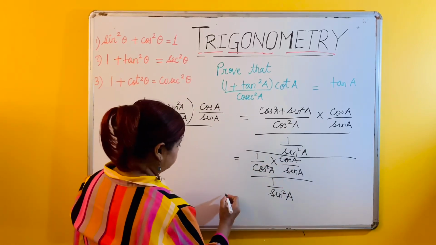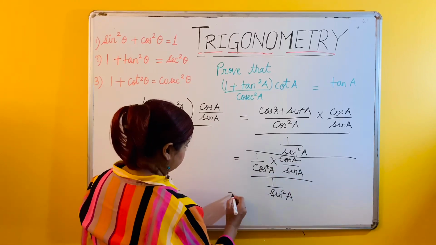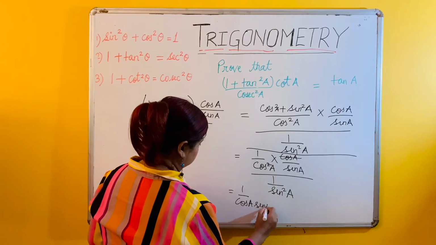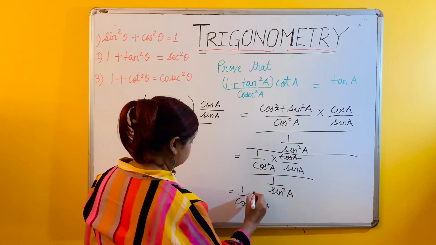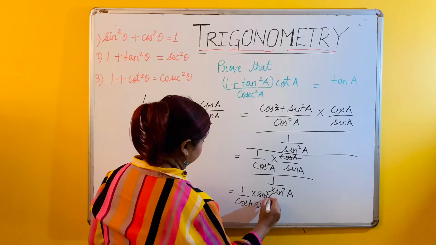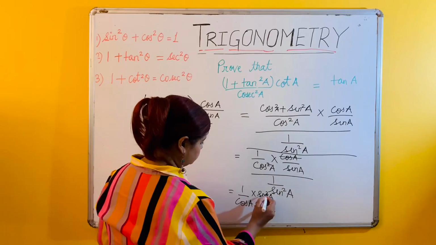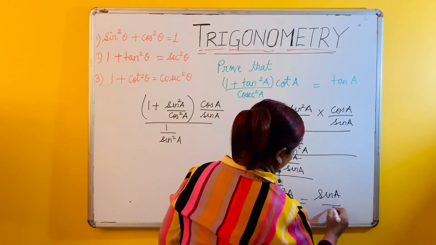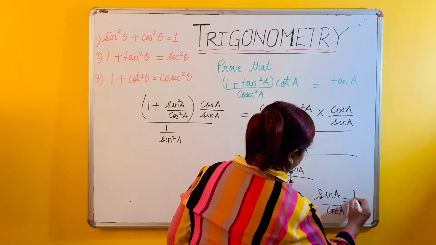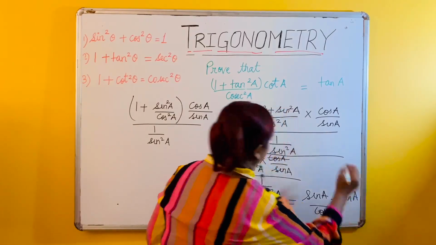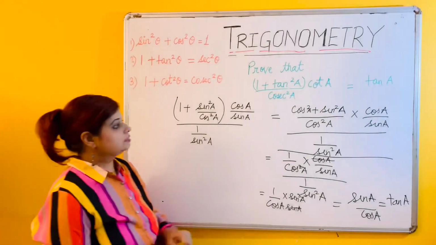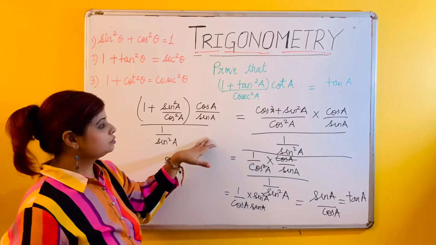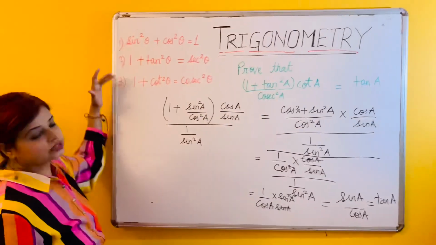So it is what? It is cos A and sin A, okay, and so it is 1 by cos A sin A, and this is divided by 1 by sin square A, so it becomes sin square A when you simplify the whole thing. So this gets cancelled again, so it is sin A by cos A, which is nothing but tan A, okay, hence proved. Okay, so this is how I brought this term equal to this term. And what did we use? We use all the 3 trigonometric identities which are listed here.